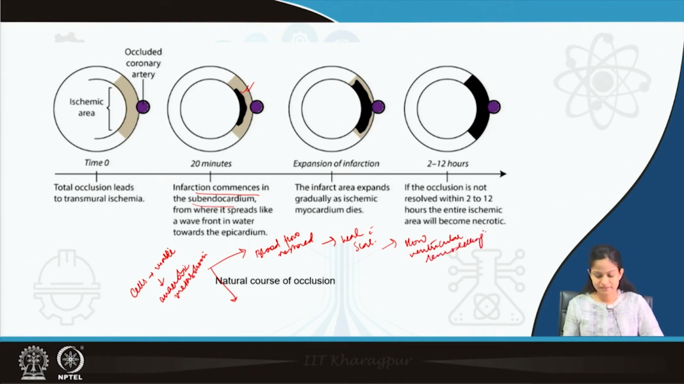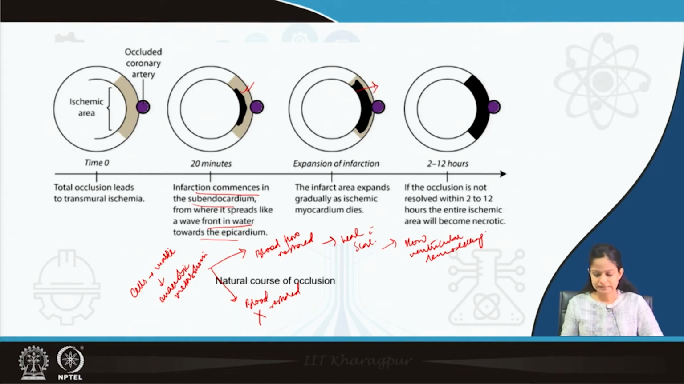The next important thing is, if the blood flow is not restored, that means there is progression of the occlusion. If the blood flow is not restored, this ischemia will progress very fast from the subendocardial region to the epicardial region like a wave front. Like a wave front, it will spread from the subendocardial region to the epicardial region, and this tissue will become